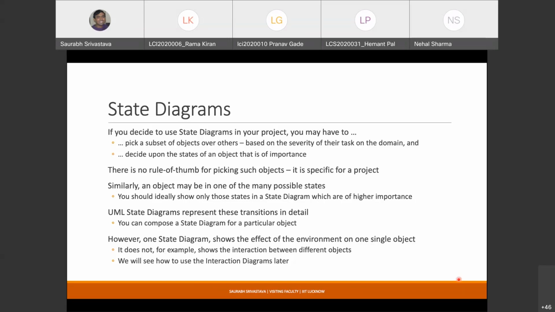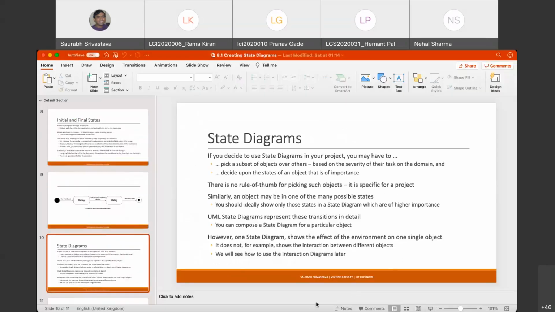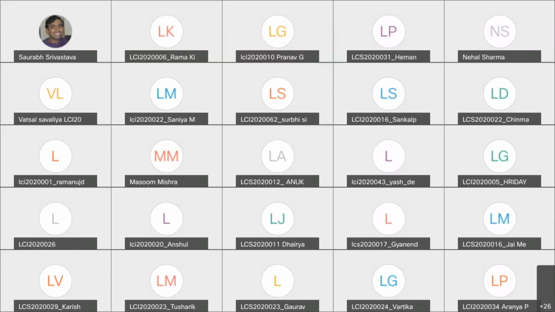So let me move over to the other part of this week. The other part of this week is about a system building skill, and I told you that I'm going to force you to learn some system building skills in this course. It's just that I understand that it might be too hard for you to actually try these things out, so I'm just teaching it to you. It's not going to be a part of your end semester exam, but it will be nice if you learn these things, because